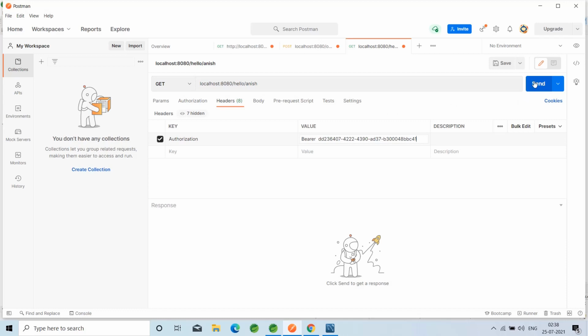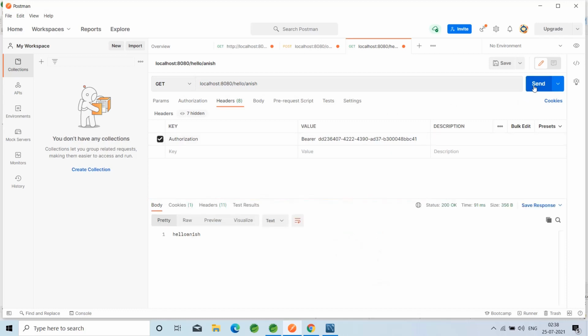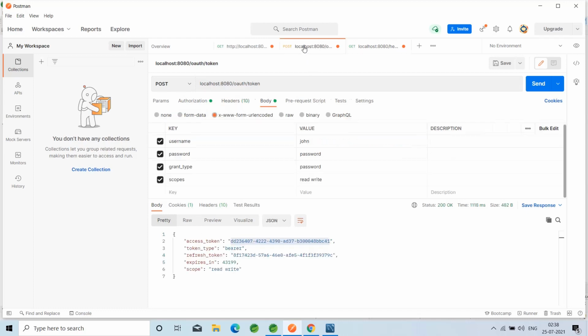For example, I'm taking the username as Anish, who has the admin role also. Let me generate the token. Copy this.